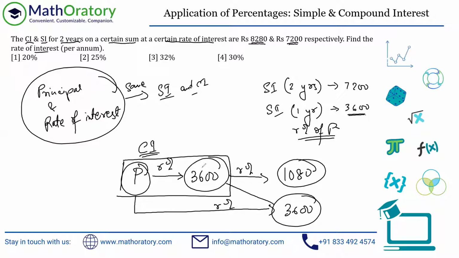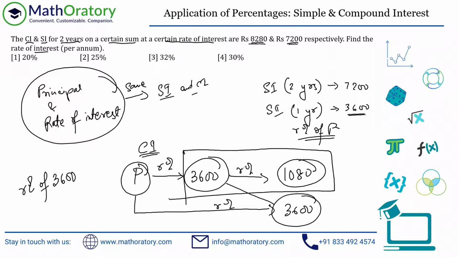So what is the extra information that we have? R% of this 3600. Let me just take this off so that it helps you to focus a little bit. So I'm focusing on this part now. R% of this 3600 is the same as 1080, right? So that is the interest generated. Now, all you have to do is calculate this as you prefer. I would show you a simple way to do this. Always calculate 10% of this. So 3600, 10% is 360, and 360 times 3 is 1080. So that should be 30%, right? So this should be 30% of 3600, which is equal to 1080.